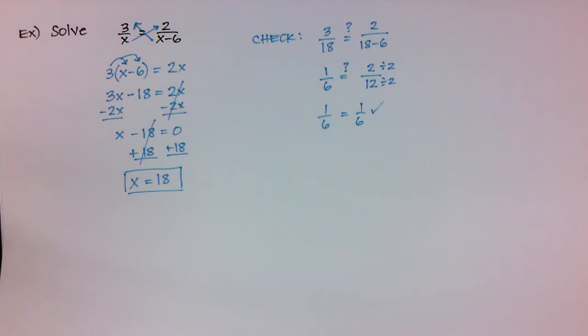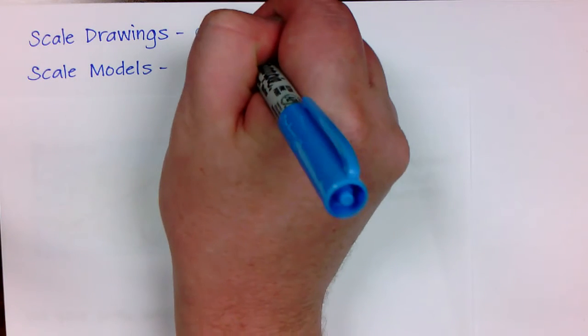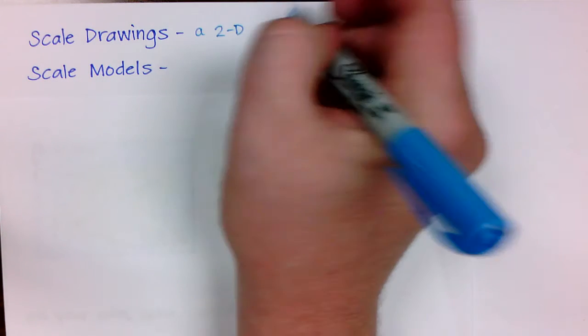So the last thing that we're going to cover in today's lesson is very similar to ratios and proportions, and it's dealing with scale drawings or scale models. We're going to do an example with a scale drawing, but what I want you to realize is the definition of a scale drawing. What is that? Well, you're picturing like a map, okay, or a diagram. So it's a two-dimensional, I'm going to put just 2D, drawing